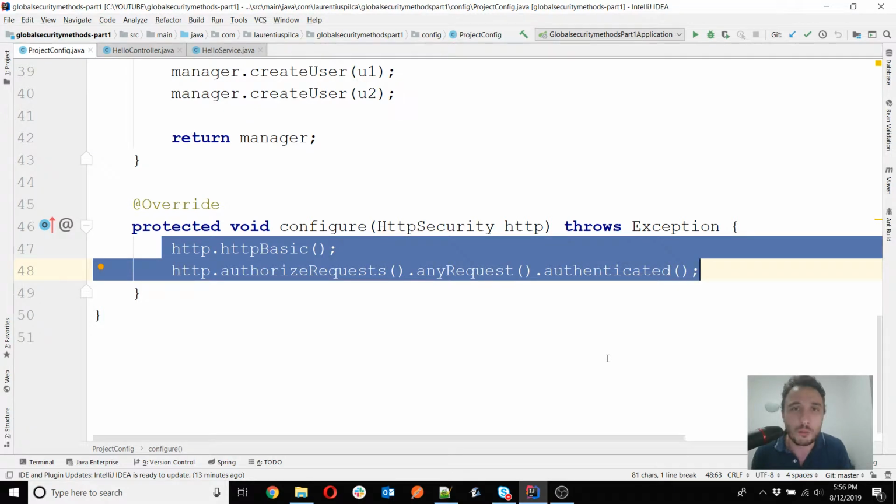Well, in a lot of ways, but one of them would be to use, in this case, the global security methods, and that's something that you won't be able to do simply by using the configure method, which is just generally to restrict the access to the endpoints. So in this case, you would like to allow the access to your endpoints and implement some sort of logic at the service level, and that's why even these methods are not for the endpoints but are for the components